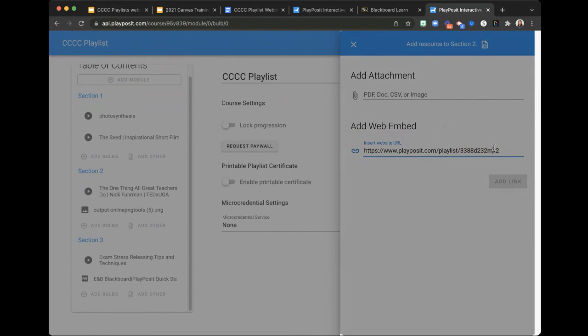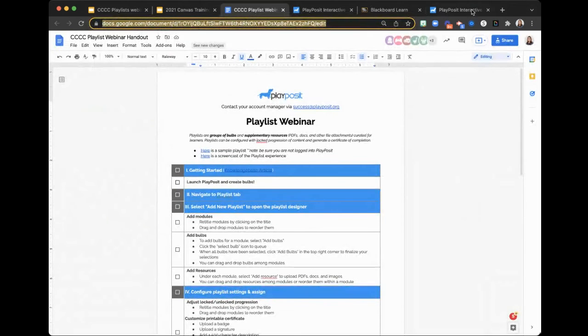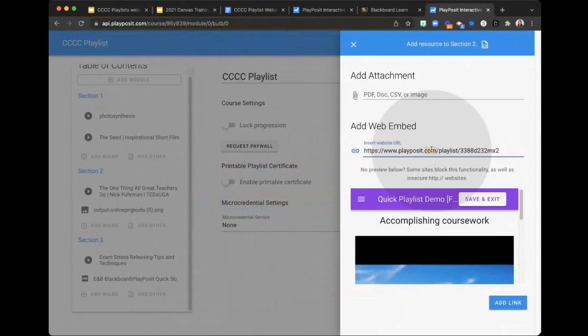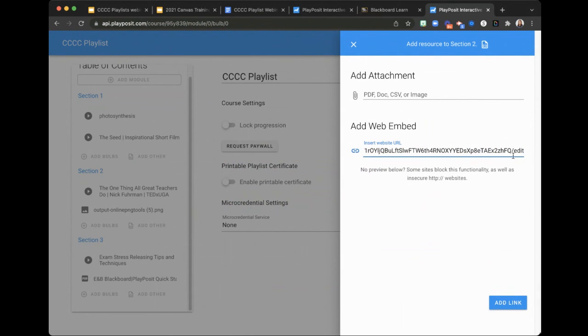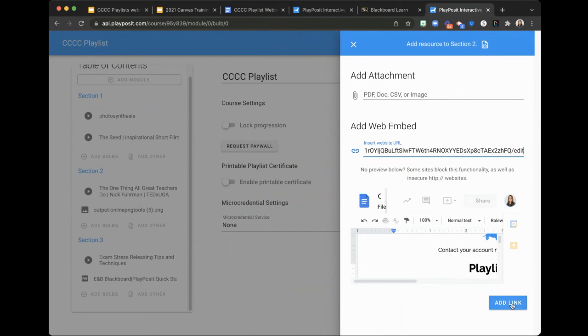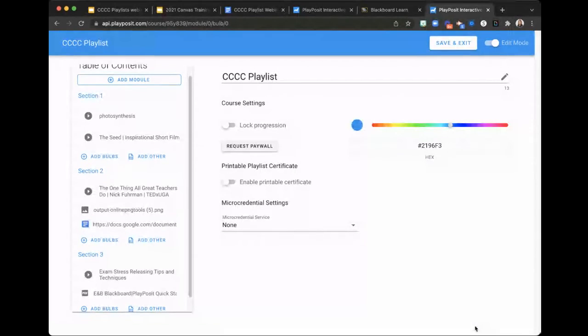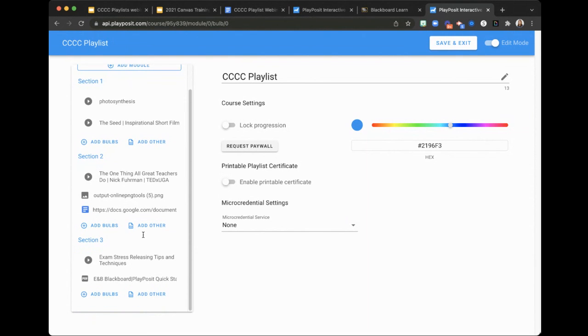Oh, and that's a playlist. I guess I might be able to add a playlist, but let's not do that. Let me see if I can pull in this document real quick. Oh. Yeah, okay, well, there's something to consider too. If you do want to add a playlist inside of your playlist, you can, but we won't get that crazy right now. You can do things like insert different sort of Google Docs, websites, and we will embed those directly into the playlist too. So when learners click into them, they don't have to leave the page, leave the tab. It'll all be right there for them.